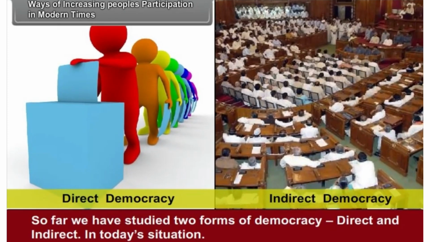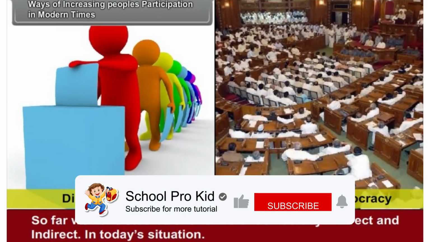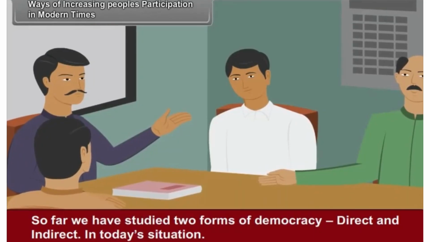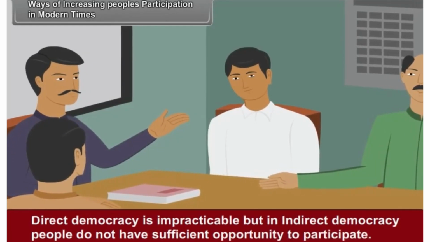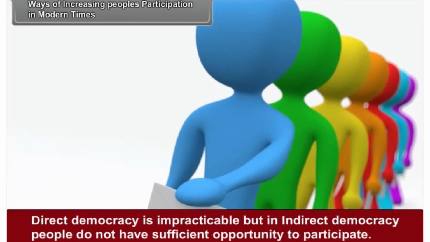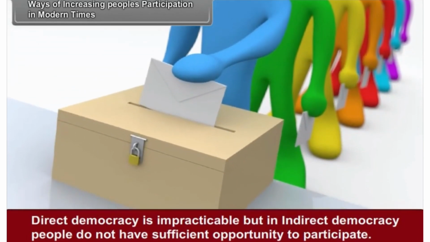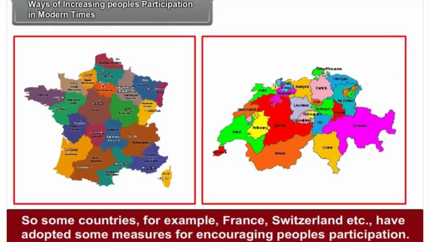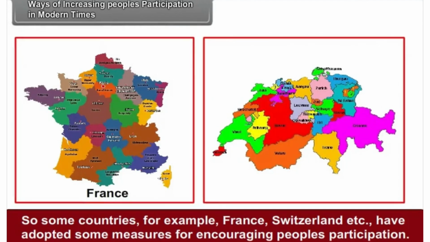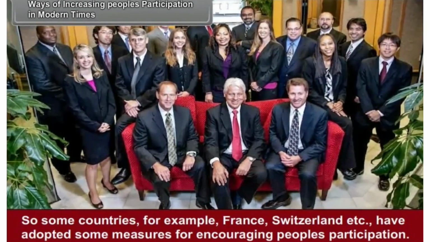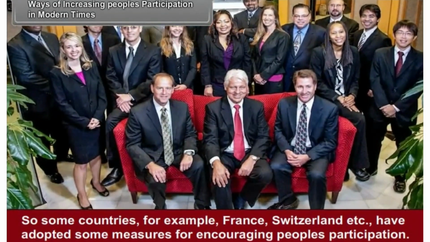Ways of increasing people's participation in modern times. So far, we have studied two forms of democracy: direct and indirect. In today's situation, direct democracy is impracticable, but in indirect democracy, people do not have sufficient opportunity to participate. So, some countries, for example, France, Switzerland, etc., have adopted some measures for encouraging people's participation. They are: